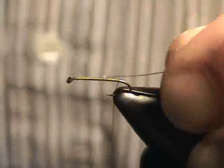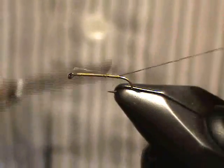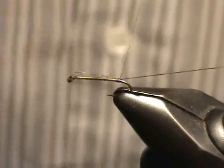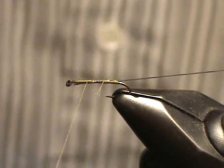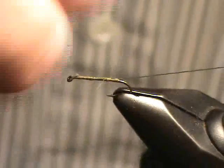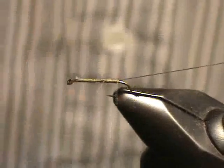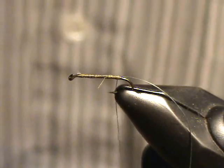For the spine on the cress bug, I like to use a 3/0 piece of dark gray thread, and to attach that, just secure it to the top of the hook right at the bend where you stop the thread. Make sure that you secure it over top of the thread base, or else it'll just spin around the shank and it won't stay properly centered at the top. Once you have that secure,